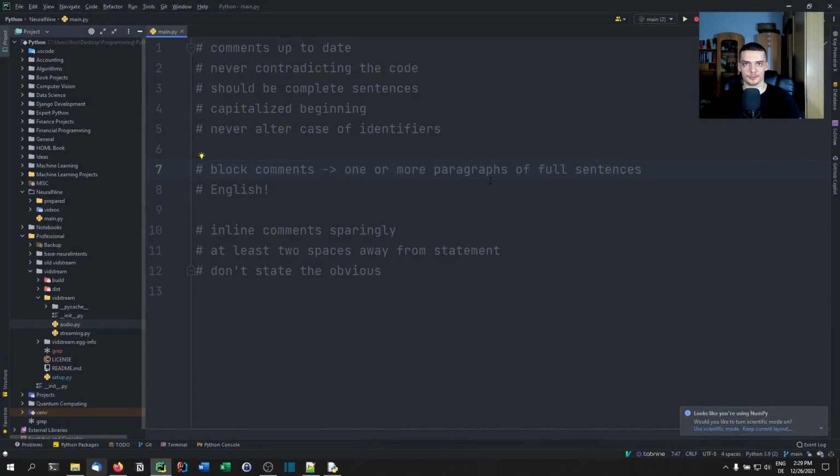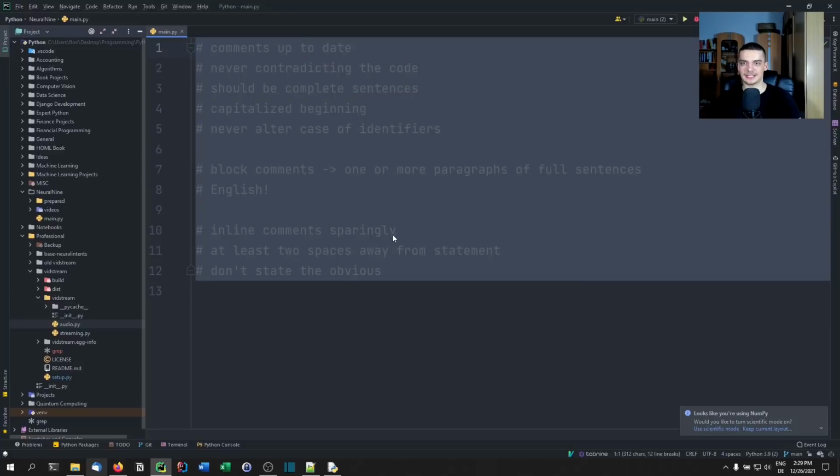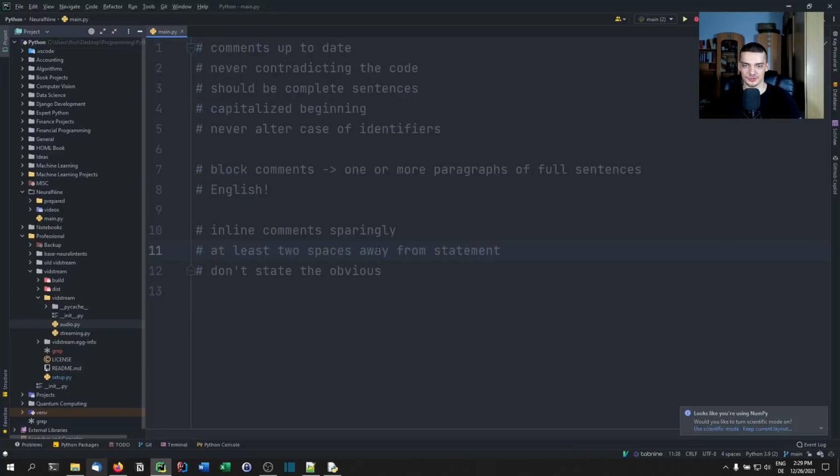Now, the third category is about commenting guidelines. How do we write proper comments? And I want to mention right away that all this here is not proper commenting. Those are just notes for this video here. They're violating the guidelines. This is just for me right now for making this video. But one major thing that you want to keep in mind when you're working with comments is you always want to keep them up to date. I think this is a no-brainer. This is obvious, but you never want your comments to contradict your code. You always want to have them up to date because